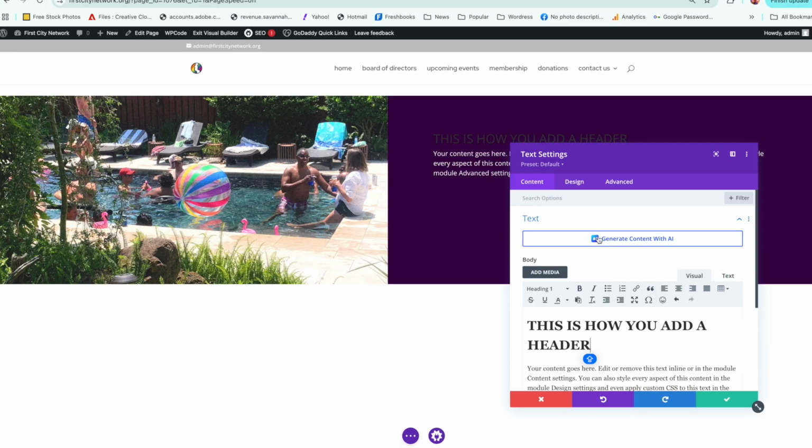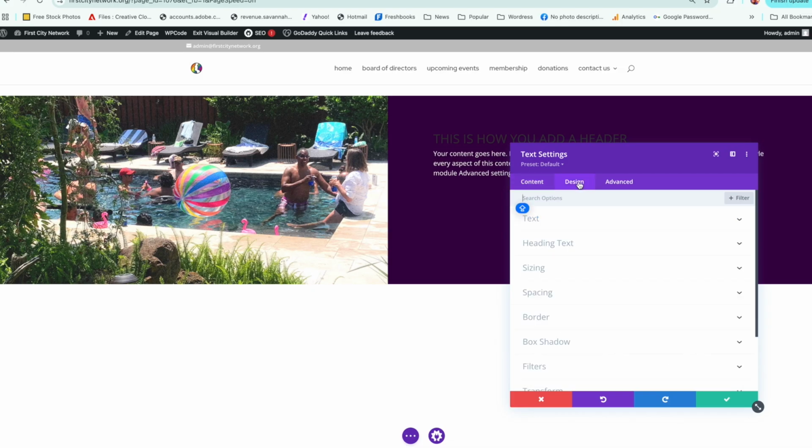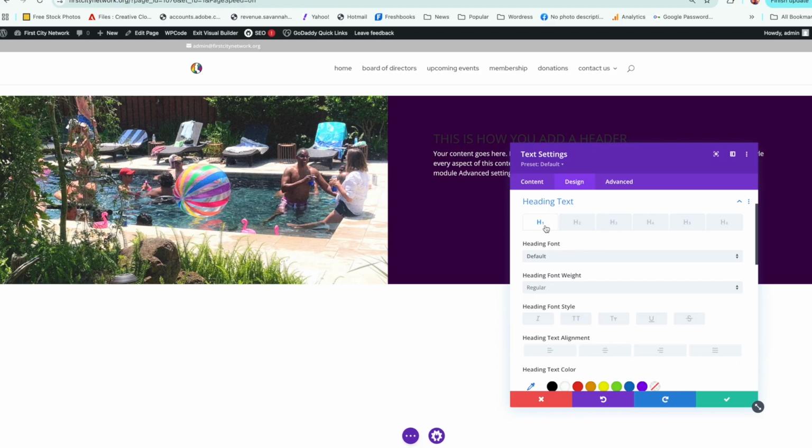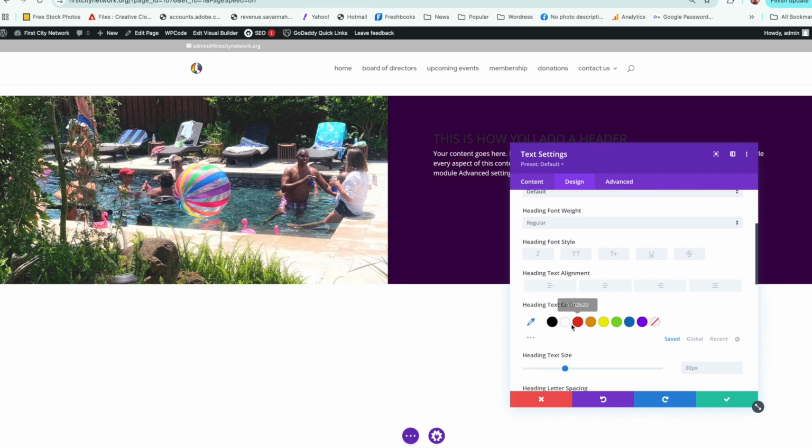And again, if you want to change the settings here, go to Design. And in this case, heading, not text. Go to heading text. So we selected the 1, and so it's heading 1. This is where you select the color,